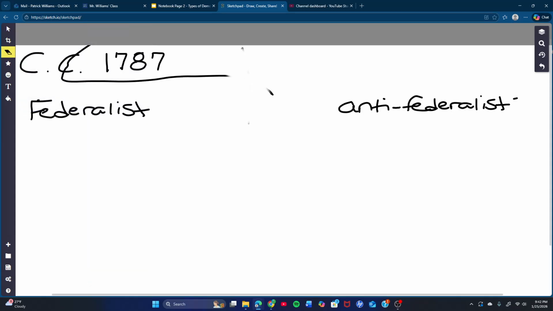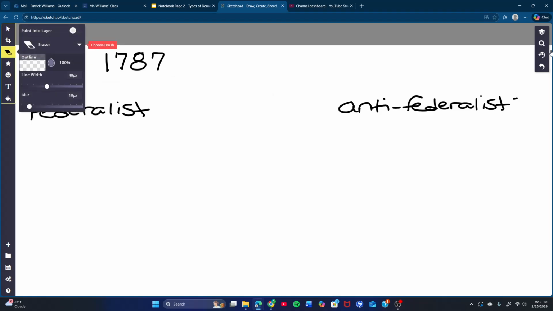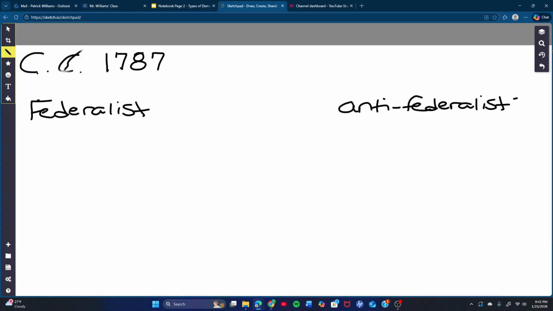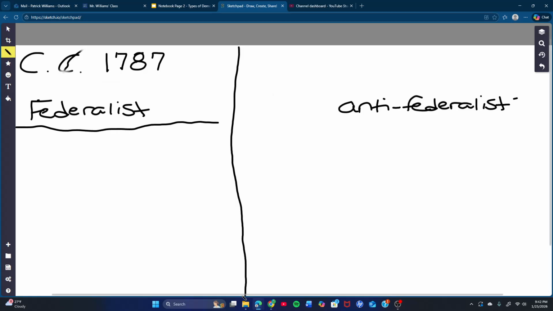Let's erase that though. I'm gonna erase it the best I can, and then we'll continue. All right. Technical difficulties. Okay, so let's make a little T chart. My line is not straight. I apologize. Okay,